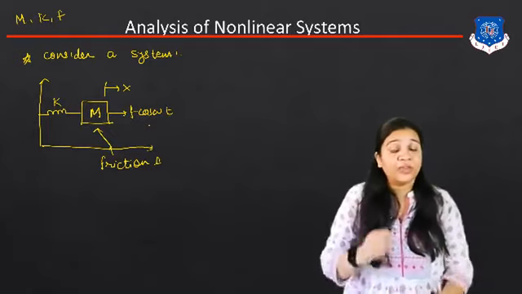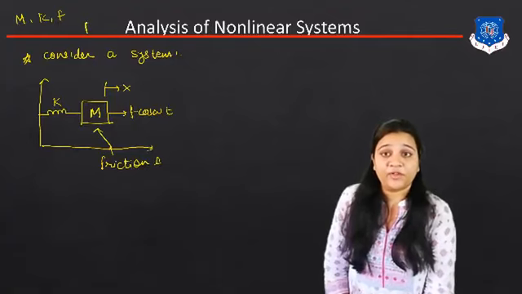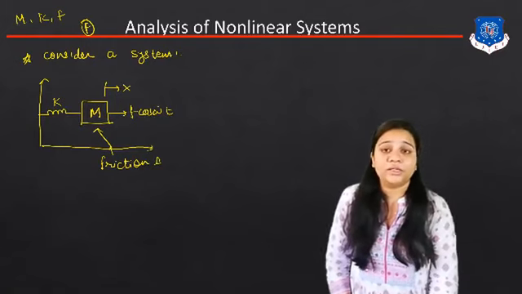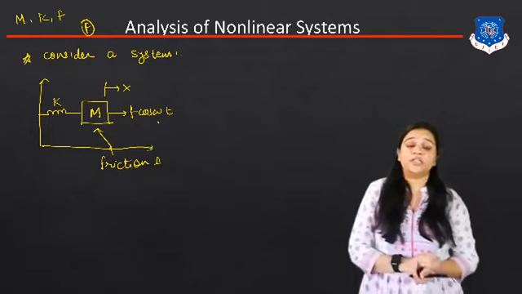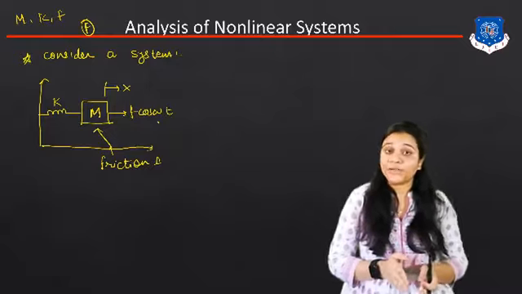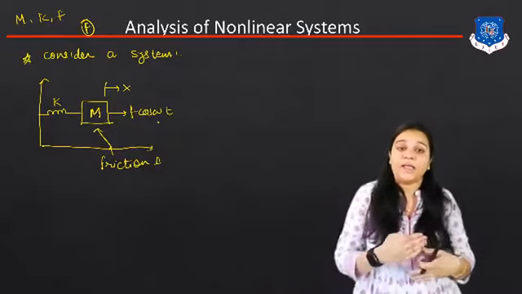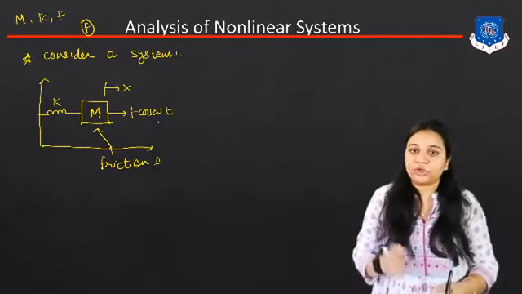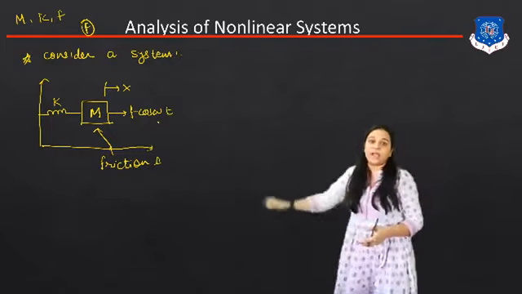Here you know, whenever we deal with a linear system, we apply only the force F, but here we draw the non-linear system. The system considered is non-linear. So the applied force is in the form of cos omega t or sin omega t, because the non-linear output will depend on the initial condition as well, and when the amplitude changes, the output of the non-linear system will change. So here the input force applied will be F cos omega t.